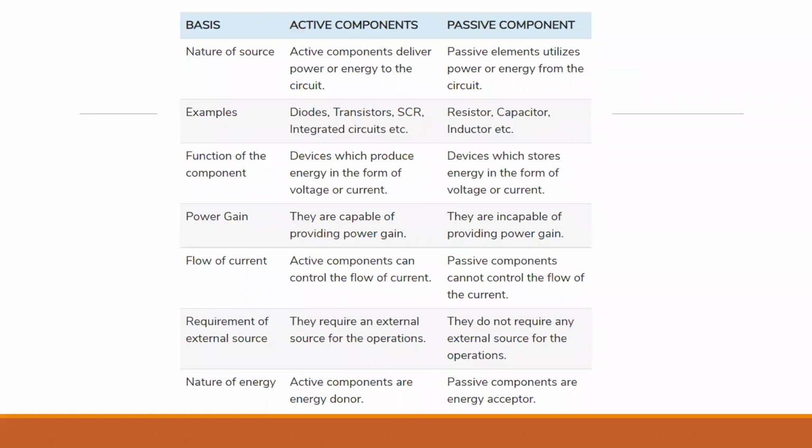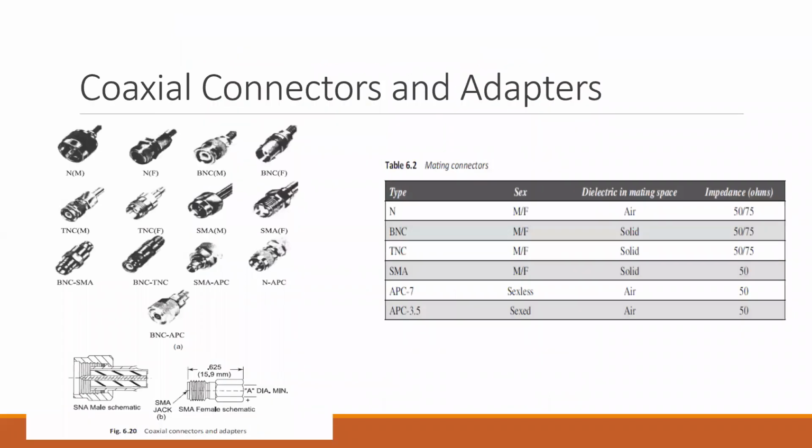Now in continuation, let us move ahead, wherein we'll be discussing the passive devices. The first passive device we can look at is the coaxial connectors or the adapters. Whenever we have any networks, they need to be interconnected with each other. When interconnection comes into play, we need to use the connectors or the adapters. If we are dealing with coaxial cables, we would require the coaxial connectors that we have shown over here.